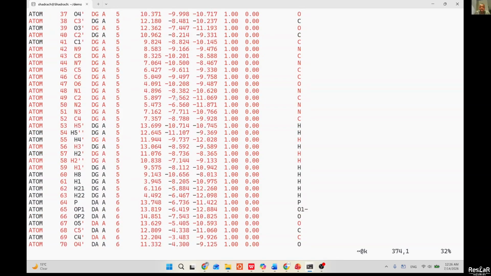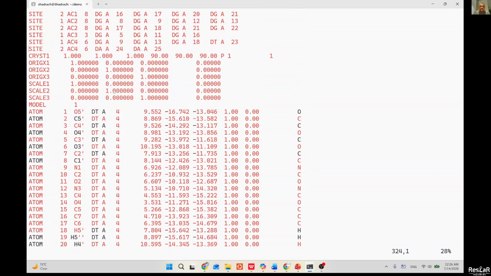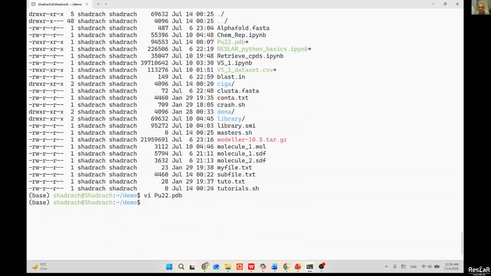So now the question is, what if I'm interested in only finding the exact part of this file that corresponds to the DNA, because most of the other things are just information necessary for the crystallographer to tell everything about the protein. So what do I use? I use grep. I'll grep atom, right, from